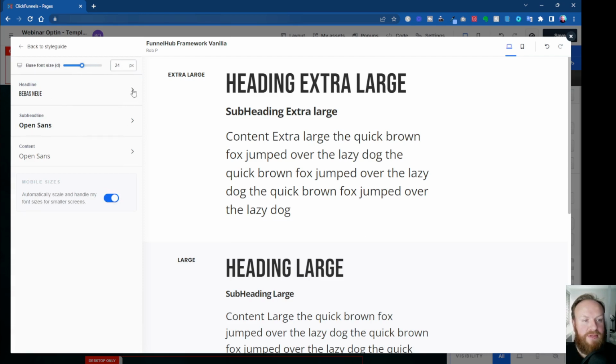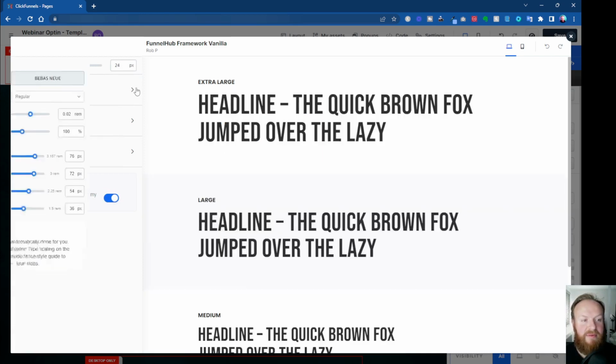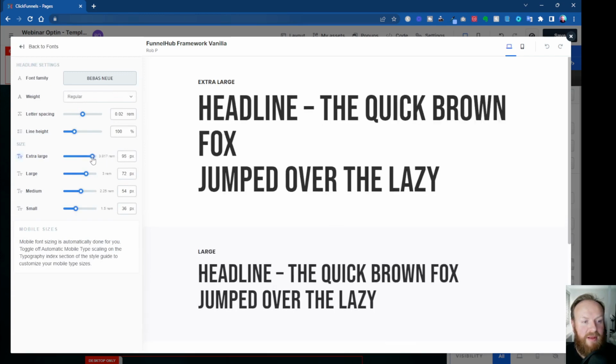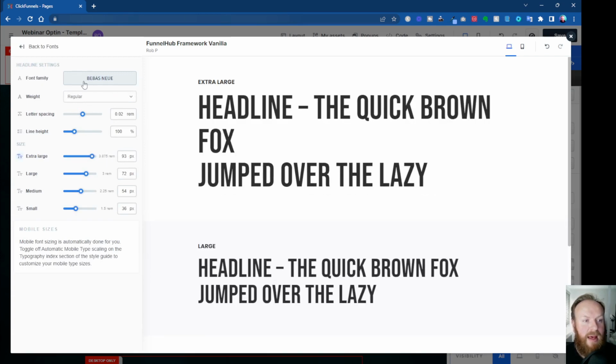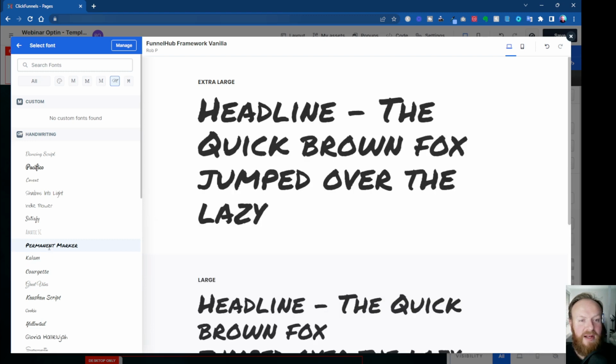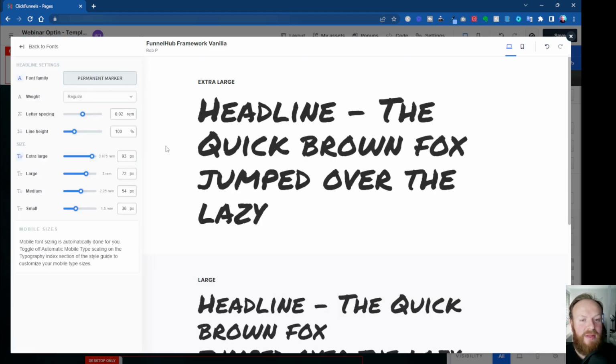But you can go even further than that. Say I don't want that font at all for the headline. Let's take the size back up so that it's nice and big, and I want to change the actual font itself. I click on the font name, and I can choose up here. I can put custom fonts in, or I can choose a sans serif font, serif fonts, display fonts, handwriting, or monospace. So let's go for a handwriting font, something like this, maybe a bit harsh, but this permanent marker. If I click on that, I think, oh, that's a little bit too big,